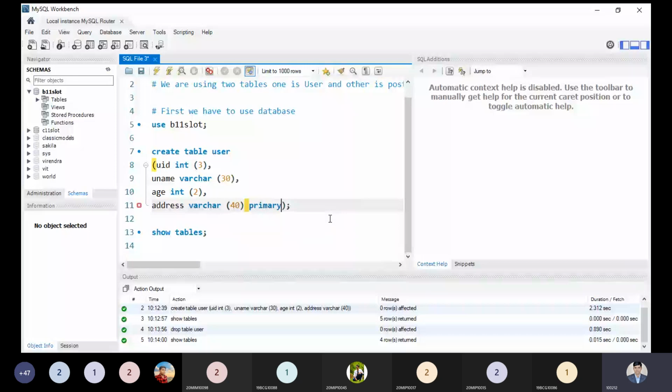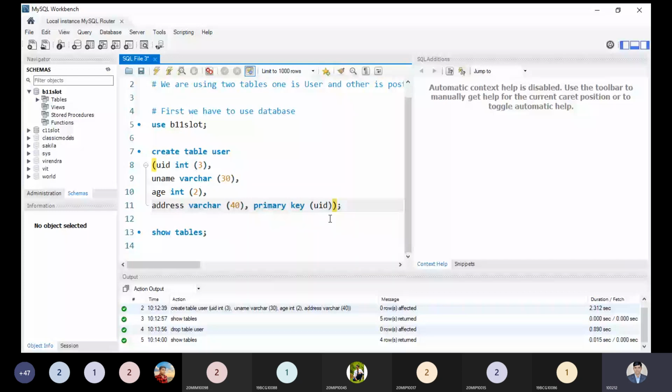Which attribute must I take as a primary key? I can keep UID. So now I'm making my table with a primary key. Let me execute this command once again. So now it is created.